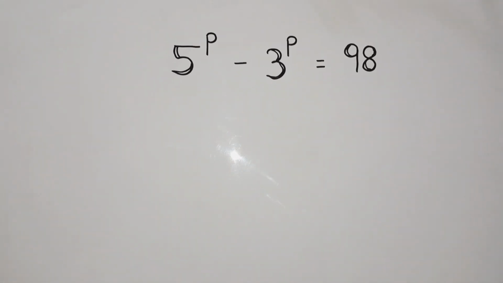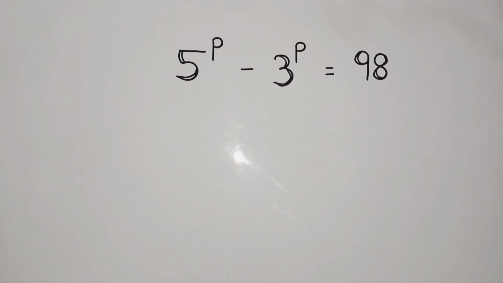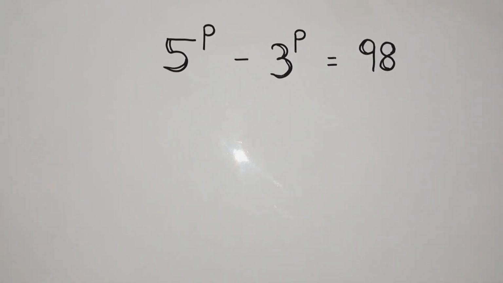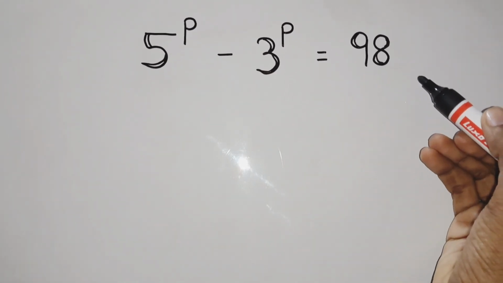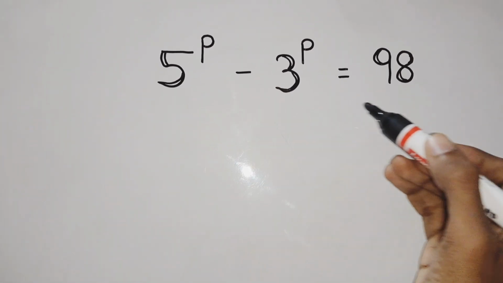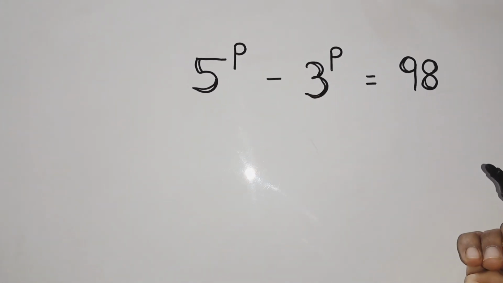Hello everyone. Today we are going to solve this equation given by 5 to the power p minus 3 to the power p equals 98. So how to solve this type of equation? First of all, what we can do,